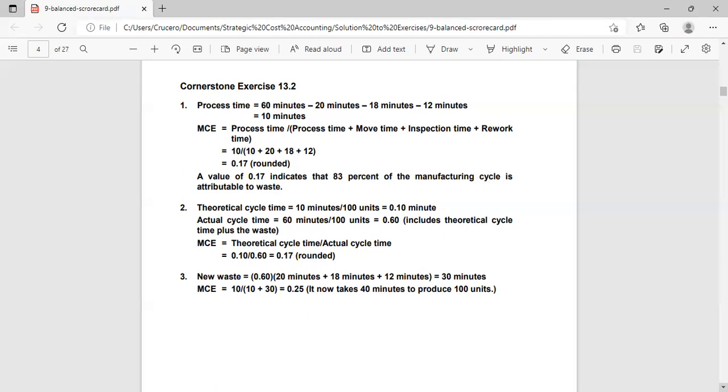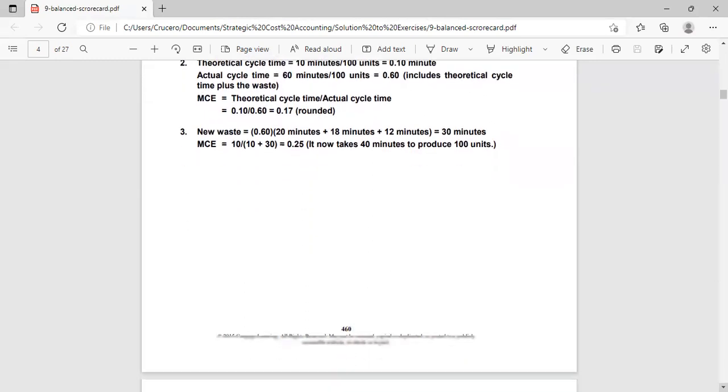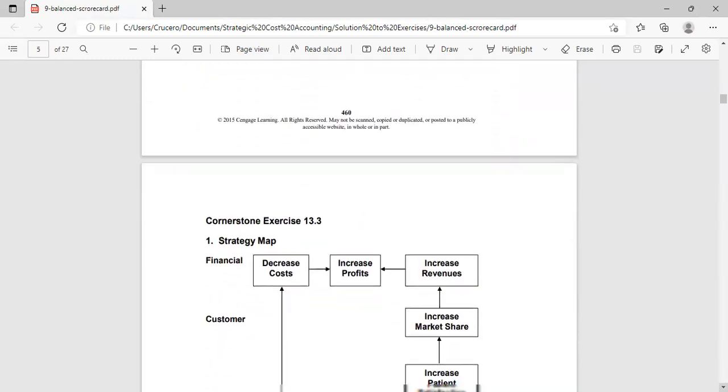So we get the total for the new waste. So 30 minutes MCA is, okay, so that's for the new waste. Now we go to